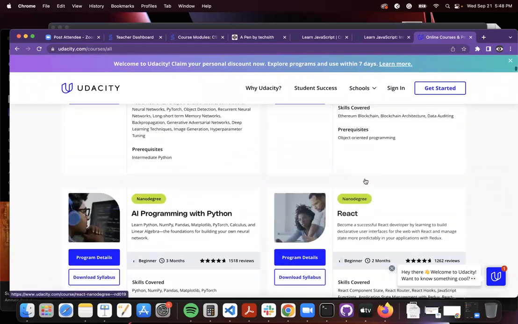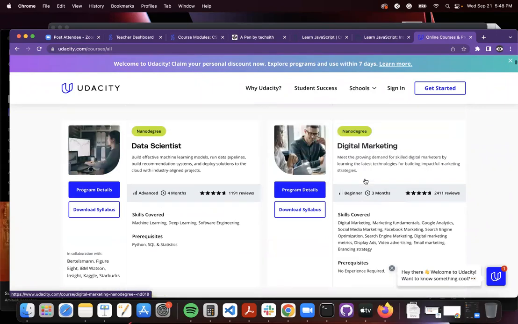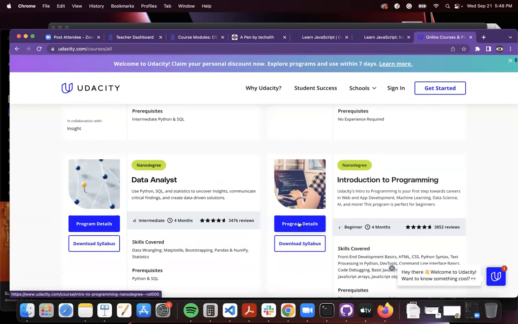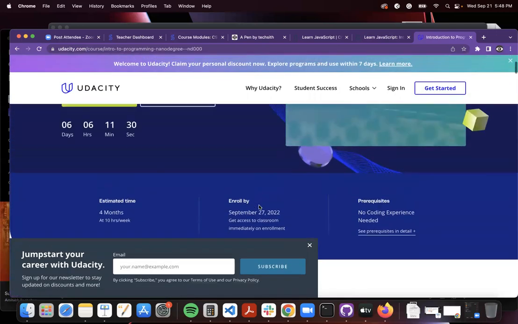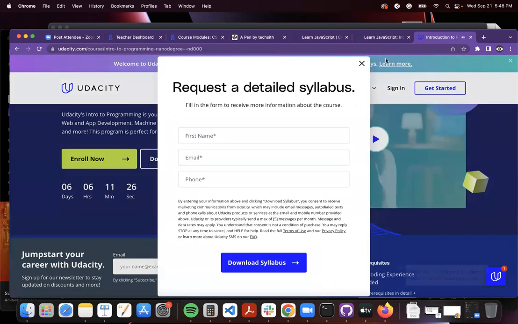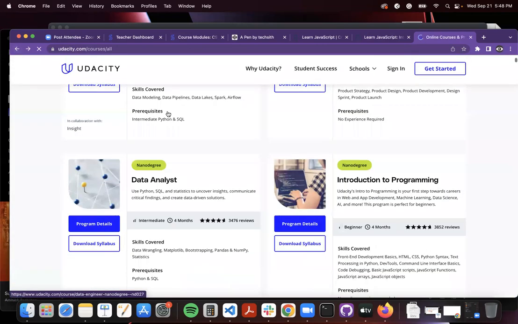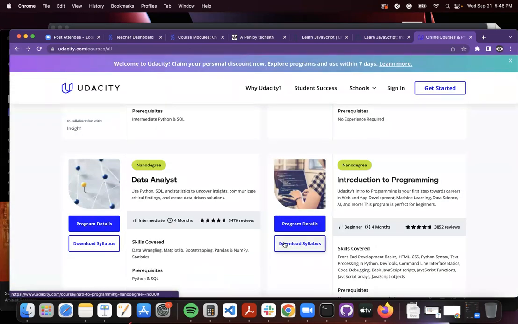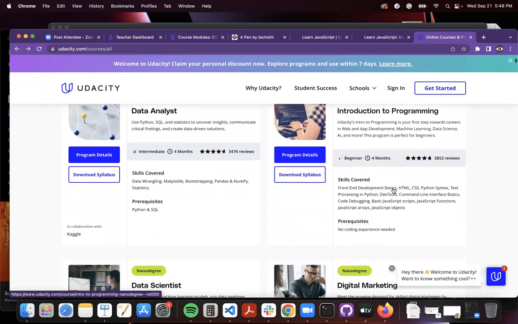But I would suggest start with just programming. The only thing is I have to check which program. Let's look at the program detail. Look at the syllabus. Skills covered, basic HTML. Okay, it teaches you Python. That's the only difference. Python syntax. Python is a different language than JavaScript. It also teaches you basic JavaScript, JavaScript functions, arrays and all that stuff that we covered. We covered arrays, and we covered objects, right? So we pretty much covered everything that